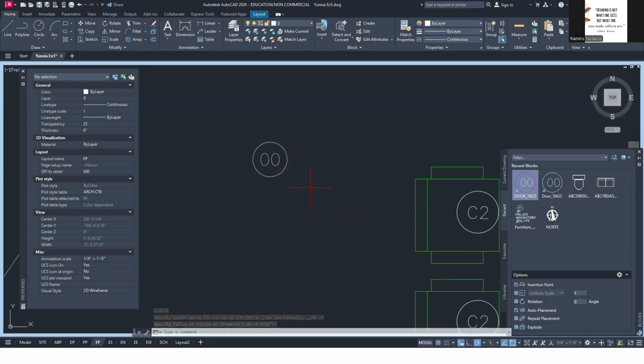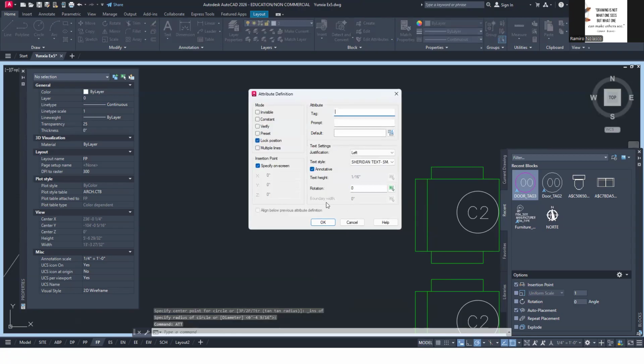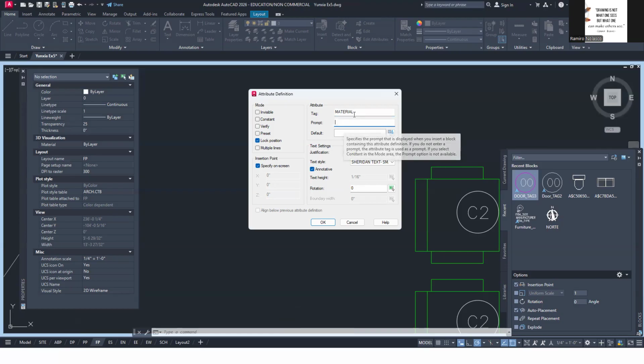And then we use @def again, @def. Now this time we'll add the material, and we're going to say what is the material being used for this, or you will just say material question mark.